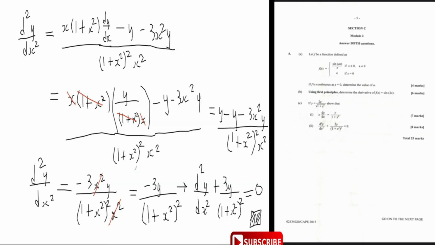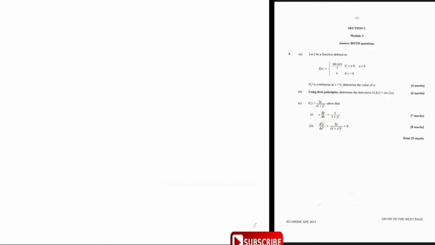Nice and easy, soft. Alright, so this takes care of question 5. And now we reach the penultimate question of the paper. Penultimate means second to last. So we reach the final question of the paper, which is question 6. Now question 6 says the diagram below shows a region bounded by the lines y equals 3 minus